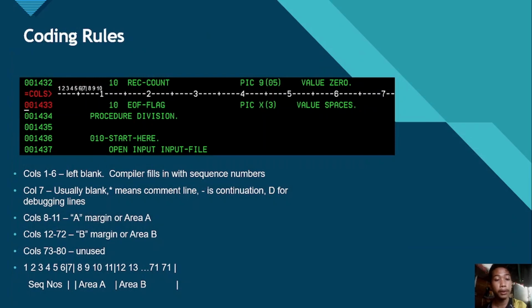So in coding rules, just like I said, it is left blank. Then the compiler fills in the sequence number, just like here. Example of these sequence numbers: from 1 to 6, it is left blank. Line 7 is usually blank, but it can be